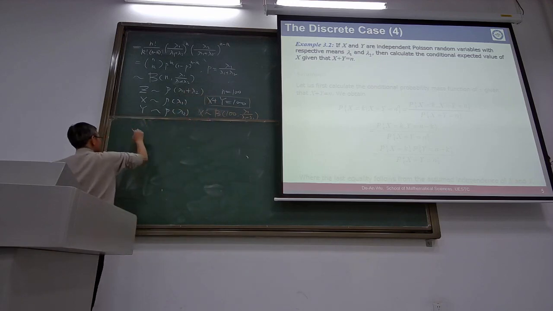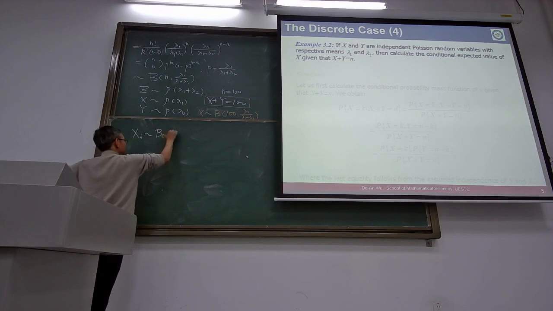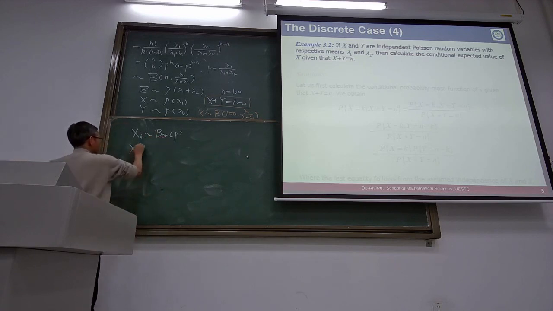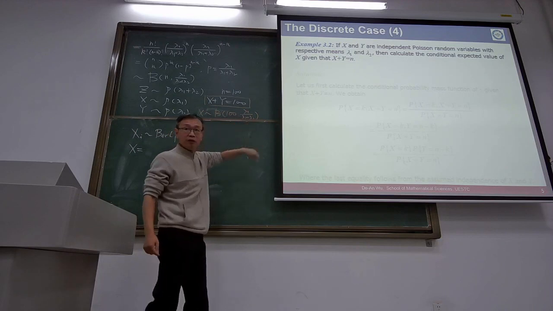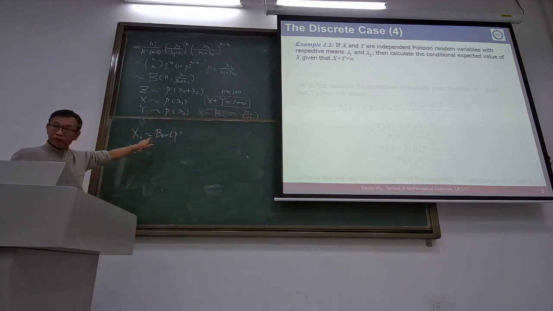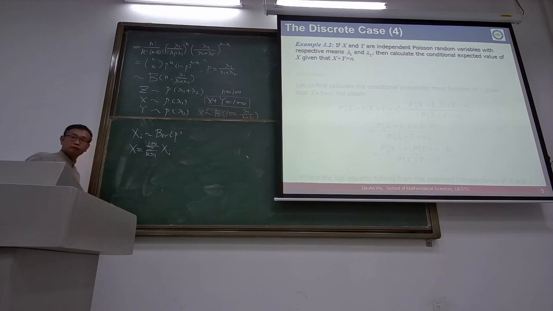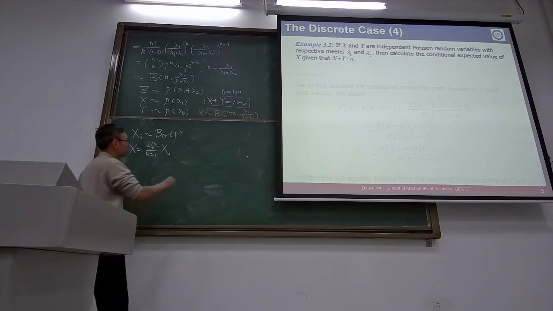Such xi just follows Bernoulli with parameter p, okay? But in this case, we have 100 customers, or male and female. Okay. So this just follows